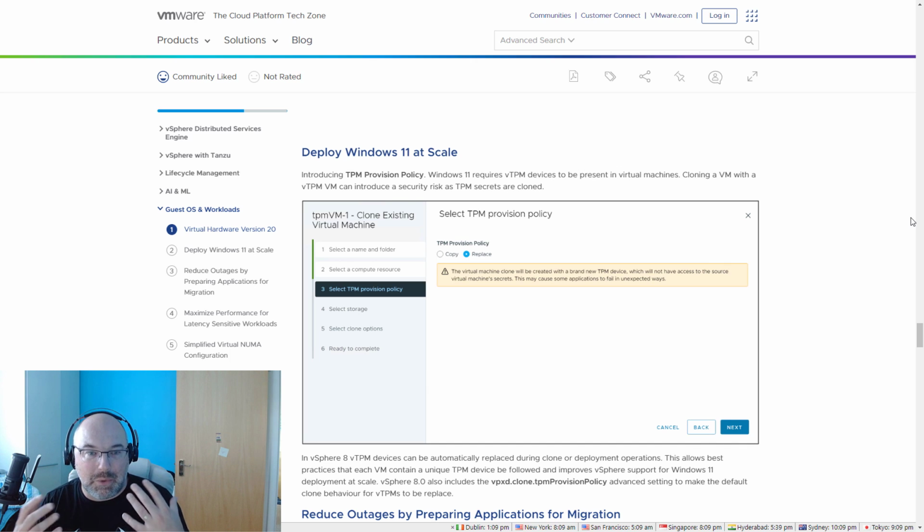So how vSphere 8 is dealing with that issue is the TPM provisioning policy, that allows you during the cloning to replace the TPM. What it does is just strip your virtual machine of the TPM and issue a new TPM with unique